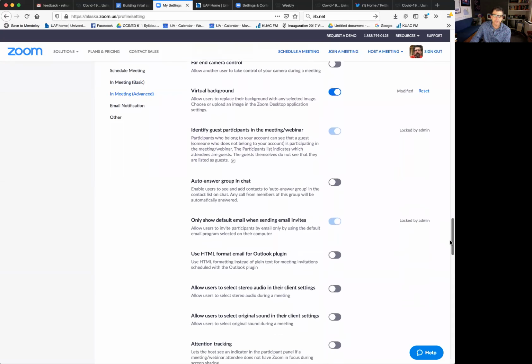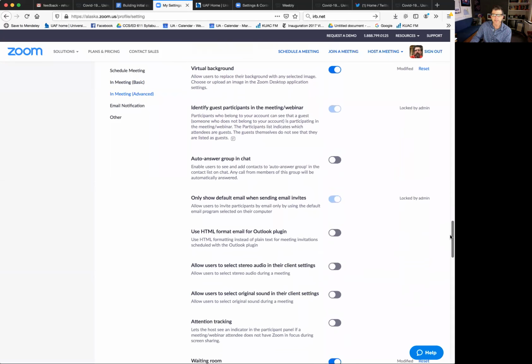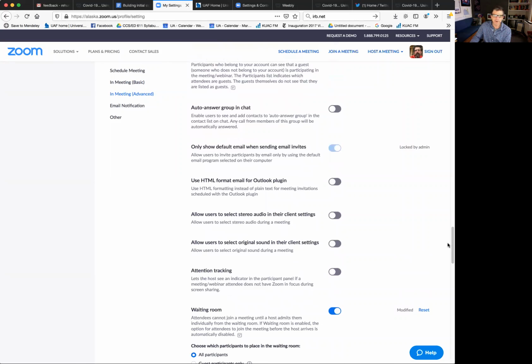Auto answer group and chat. I don't know what that is really, and I never use it. And then also for the Outlook plugin, I don't use Outlook, so I've never messed with that. Probably none of us at UAF are using Outlook. So these next couple of here, I don't ever open. And certainly this attention tracking one down here,